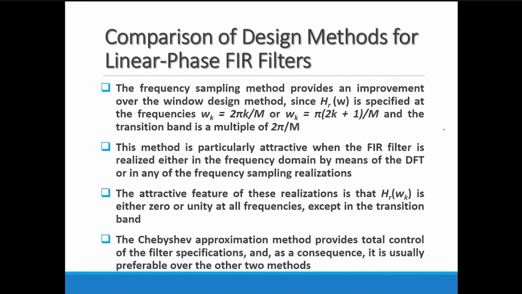And in the last lecture we solved a few examples of the frequency sampling method, in which you notice that in a few of the examples you are getting only a few non-zero values, and other values are either 0 or 1. In most of the cases you are getting 0 values. Out of 5 components, only 2 components have values and 3 components have the 0 value. So this is the attractive feature of the realization. You are getting either 0 or unity values except in the transition band. So only in the transition band you are getting some particular values.